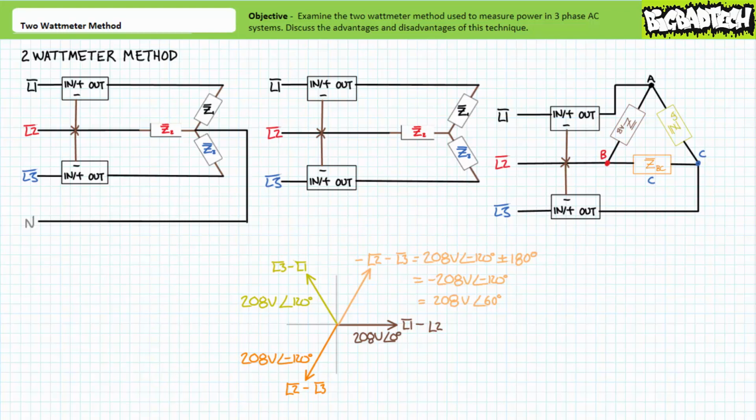I'd explain, but it'd be a waste of both your time and my time since it's a mathematical goat show of epic proportions and absolutely not essential to the implementation and practical use of the 2 wattmeter method. Long story short, I like to think of the 2 wattmeter method as a means of indirectly monitoring any imbalance